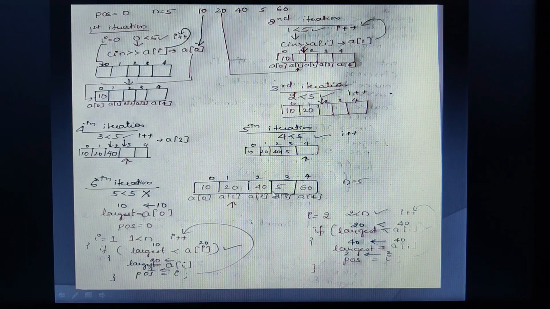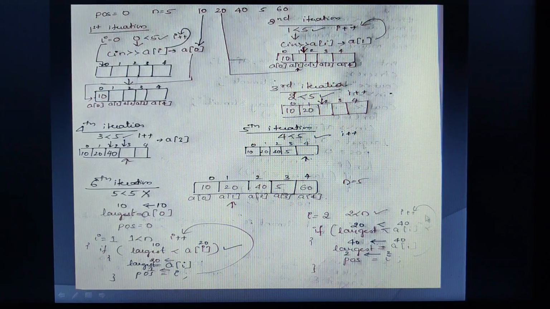If I am assuming this to be the largest, definitely we need to also copy its location, children. Where this particular value is, it is being held by a variable known as i. So that same i will be moved into position. This is i. So what does i contain? 2 it contains. So 2 is being moved into pos. So therefore the largest value is 40, and position holds the new value as 2.